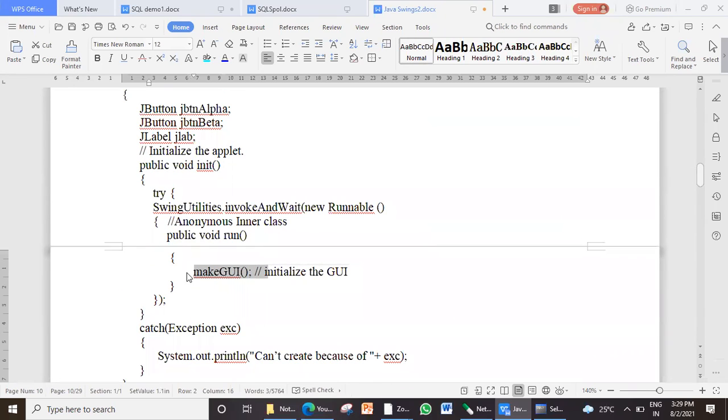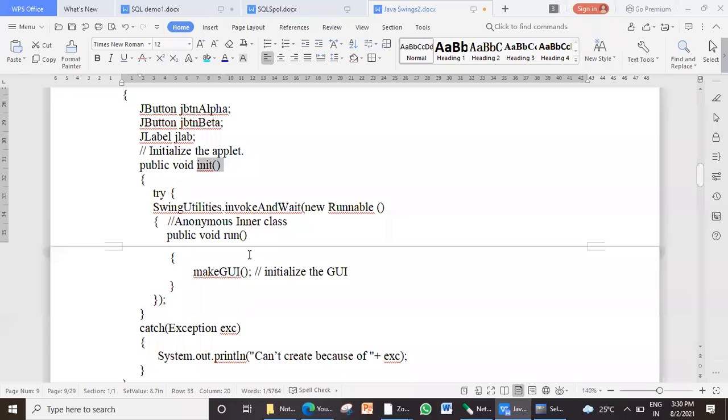But I'm not going to call it as it is, because these are Swing programs. As I told you, Swing programs are recommended to be executed on a special thread called the event dispatching thread. How did you create the event dispatching thread in case of a frame?